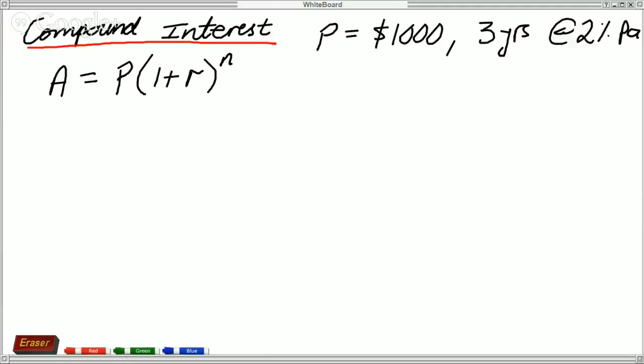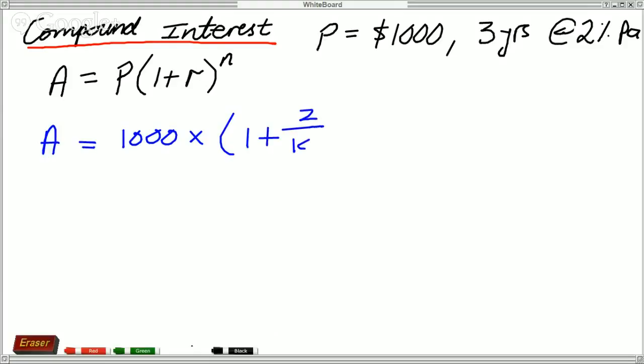So let's have a go at using the formula. We need to calculate the compound interest. The total amount, including the interest, equals the principal, 1,000, times 1 plus the interest rate, which is 2 on 100,